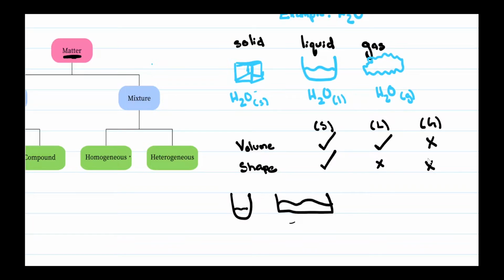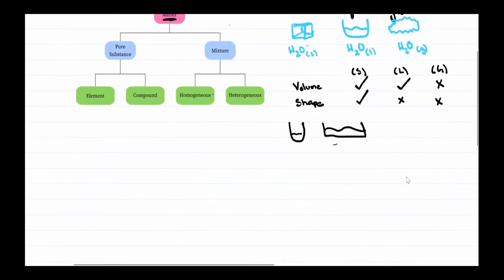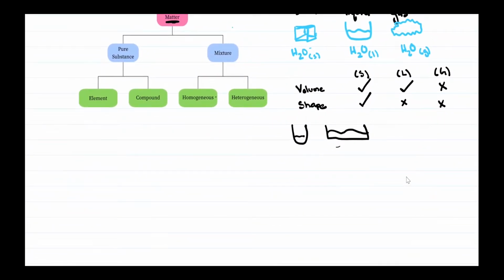It's a bit tricky to visualize, and for that reason, it doesn't have a definite shape, nor does it have a definite volume. All right. And another thing that we should be familiar with is the way that we transfer from a certain phase to